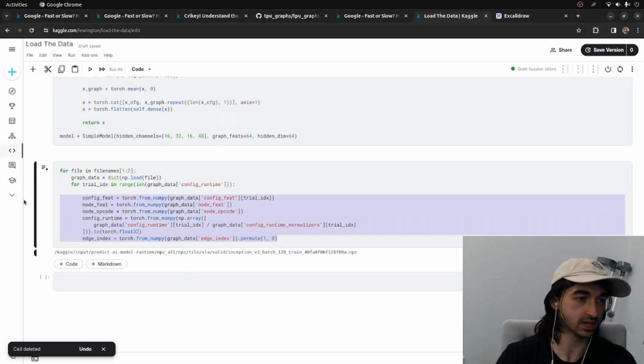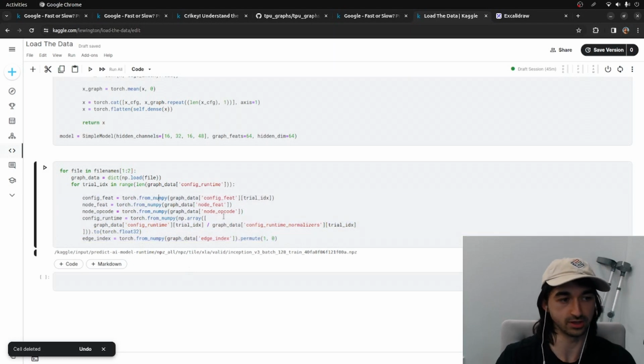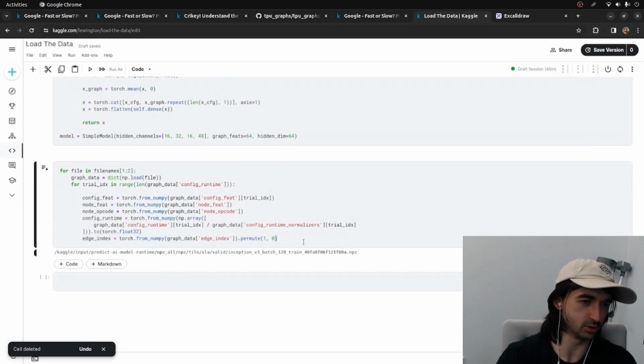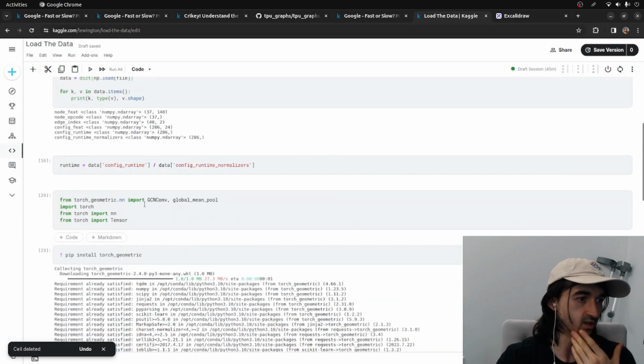And of course, in all these cases, we're converting these from NumPy arrays, which they are at the moment, into torch tensors. And also for the edge index, we have to permute it because the shape of the edge